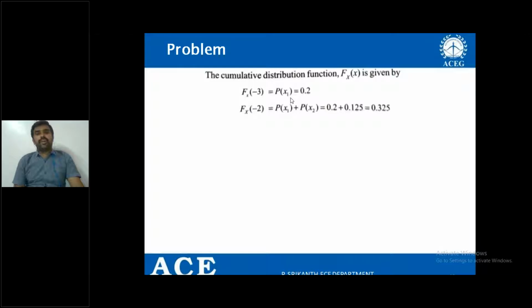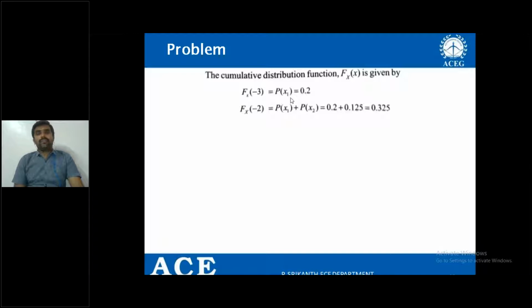Now in the case of Fx of -2, Fx of -2 equals the probability of X less than or equal to -2. Therefore it is equal to probability of -3 plus probability of -2, that is 0.2 plus 0.125. As a result, we get